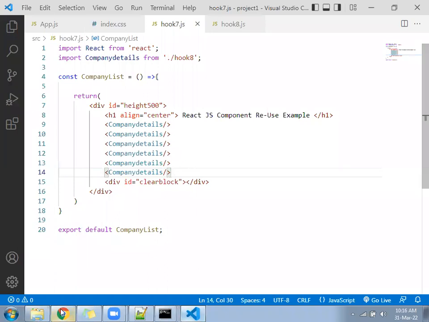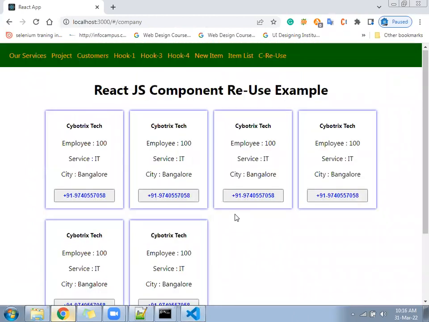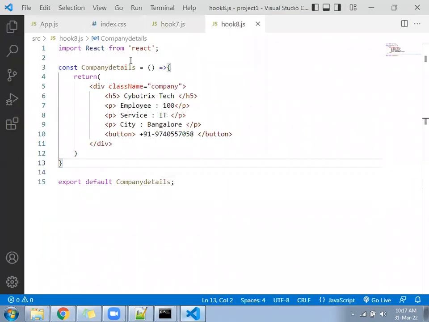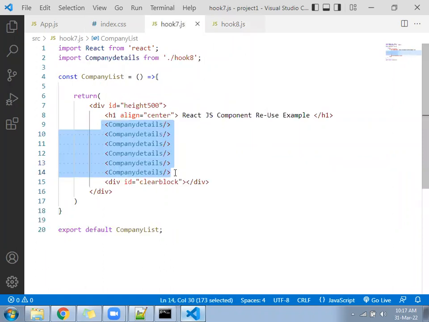Then you can see here, the same component becomes reused. So if anyone asks, how can you say React is a component? React gives the component reusability. Suppose I have created a component. Inside the component, whichever functionalities are written, if I want to reuse that component, the same component we can call in another component multiple times. What will happen? The same component will be reused again and again. That is called component reusability.